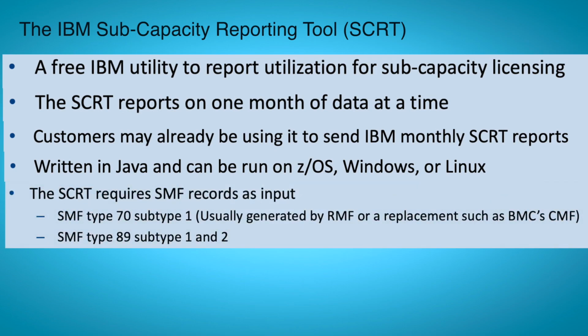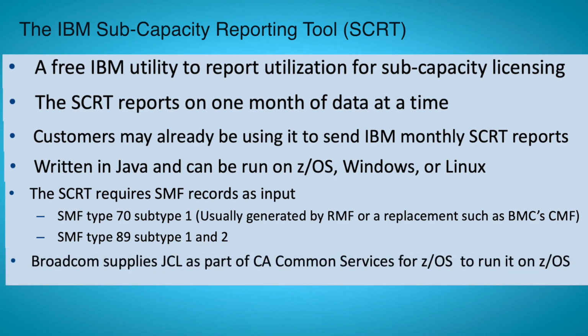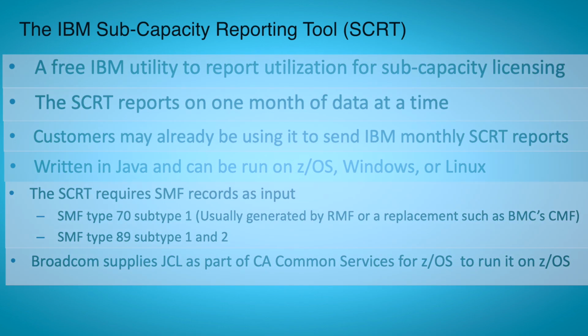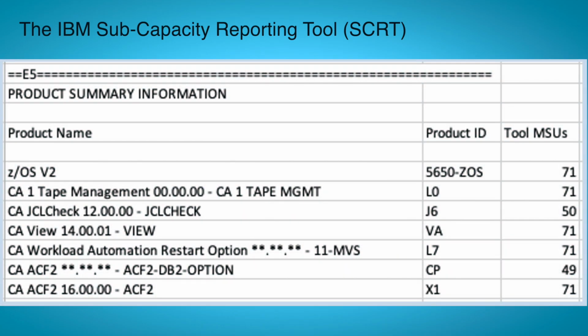The SCRT requires SMF records as input. SMF type 70, subtype 1, which are usually generated by RMF or a replacement such as BMC's CMF. SMF type 89, subtype 1, and subtype 2 records are also utilized. OEM vendors such as Broadcom supply JCL as part of their Common Services for z/OS stack. As an example, you can see within the SCRT report, it can now identify OEM or vendor-specific subproducts within the